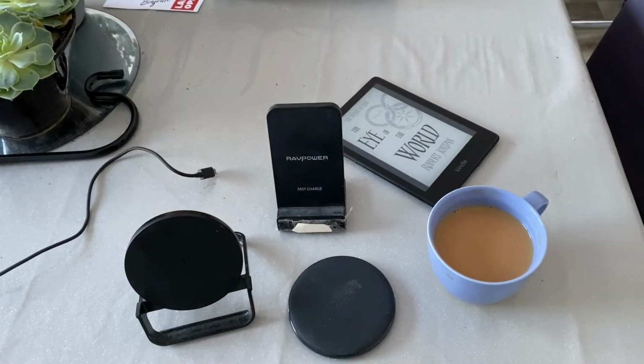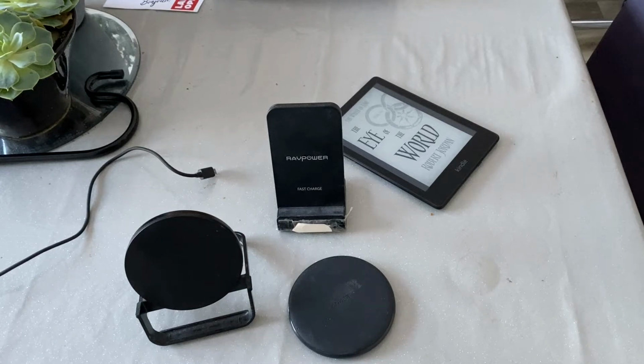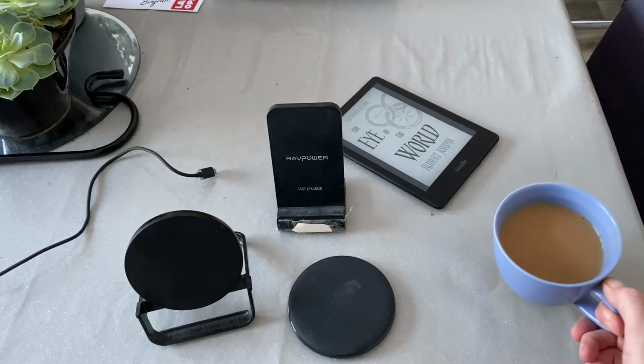Okay, so as you can see there, we've got 3 different wireless chargers. I've only got one cable to plug them in, so I will do them one at a time, as well as the Kindle and my cup of tea, which I'll have a quick slurp of. Excuse me. Right, so